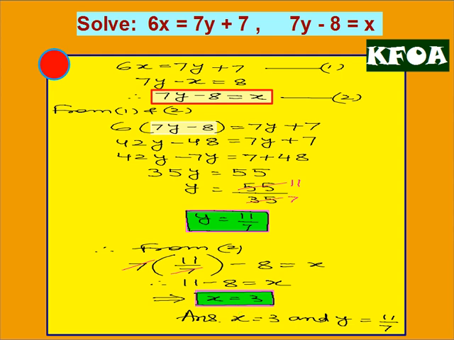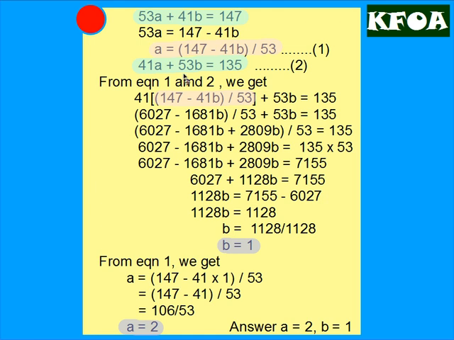Now, when I go further, here 53a plus 41b is 147, and 41a plus 53b is 135. Again, I am telling you, it is an Asas question. You can do it, but the teacher has given it with the substitution method, so you have to do it by substitution. This type of question may not come in your exam because the teacher will not set such questions, but I got these questions from some other school worksheets, so I am just using them so the children can benefit. So here you can apply the same method.